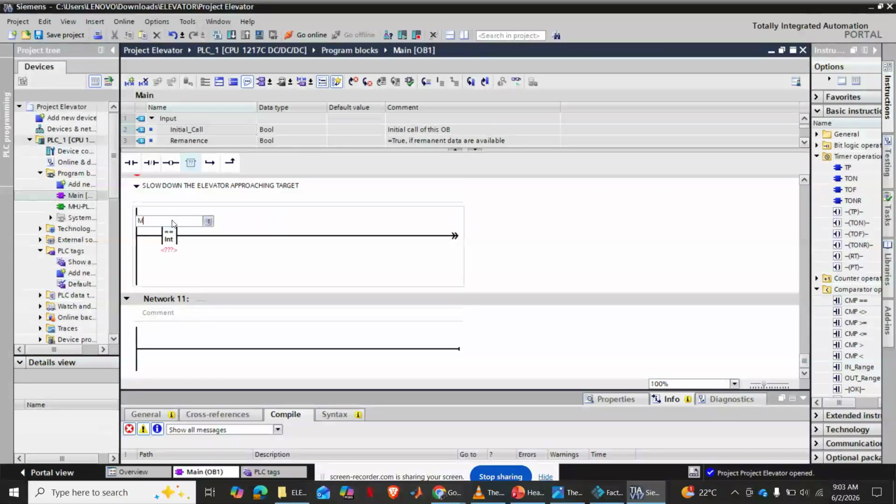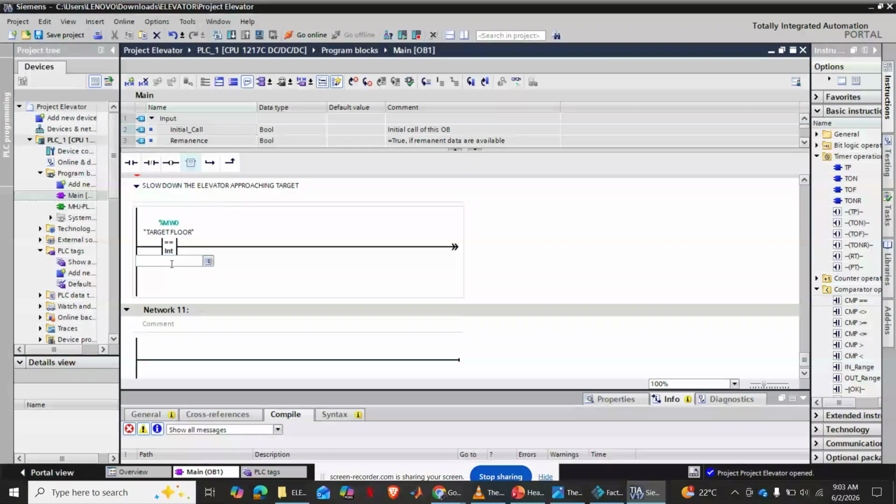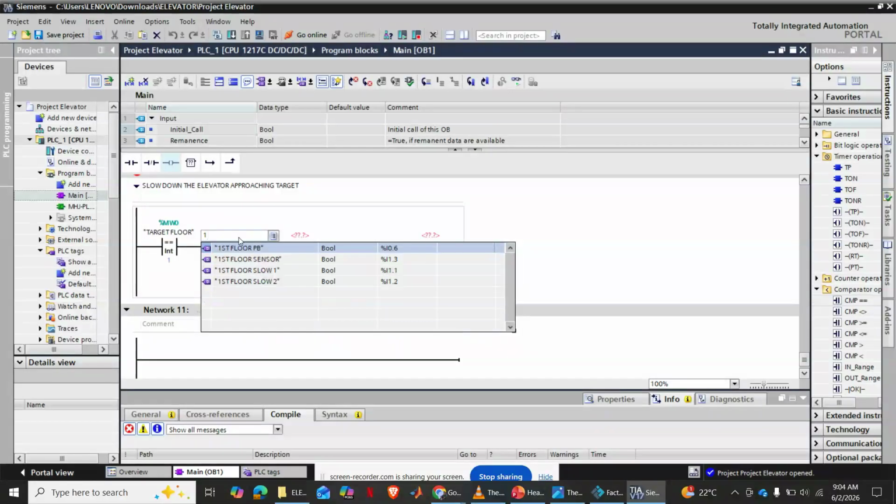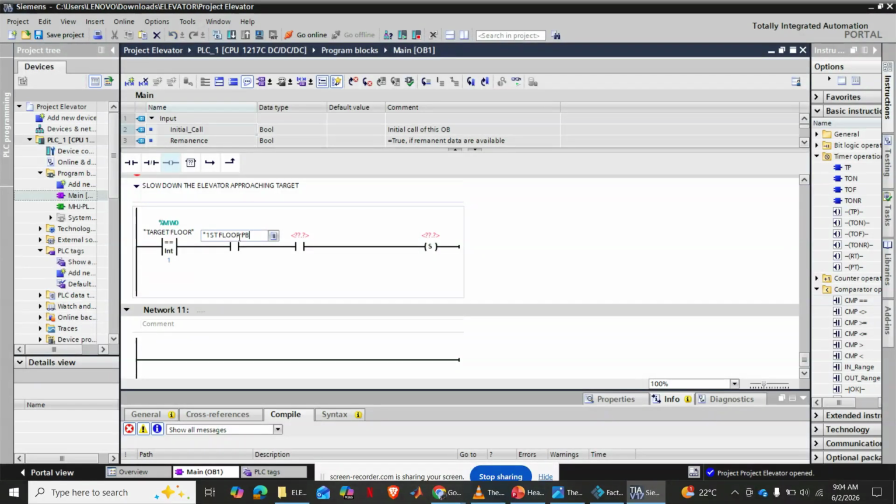So if our target flow is equal to 1, kama tunaenda flow number 1, then our first flow sensor and our elevator is going up, then set slow. Okay, kwamba if our target flow is flow number 1 and our first flow sensor is active, kama elevator inaenda juu,